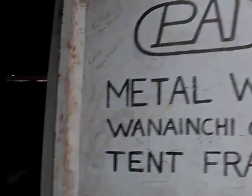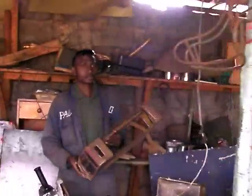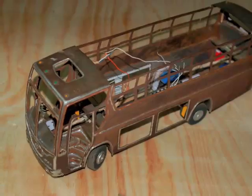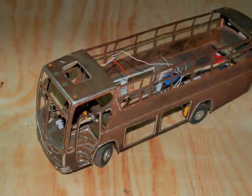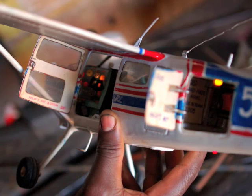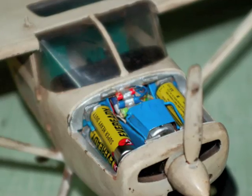If you ask Philip to show you something interesting, his eyes will light up and he'll take you to the back of his shop. There he will uncover his hobby, creating scale and working models of airplanes and buses. Everything made from scratch, including the engine, working steering, lights, propeller, and transmission, is so out of place that it